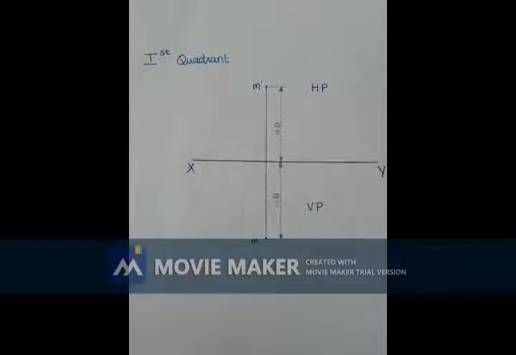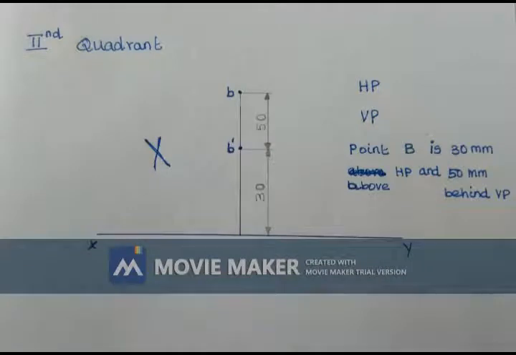So you should write the values, that is 40, in the direction of your dimension line. Clear? In the direction of your dimension line, like this only you want to represent it, and you should not write over the dimension line. You want to leave some space between the dimensioning and the dimension line. Clear?